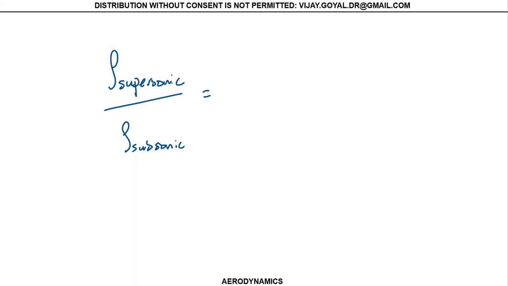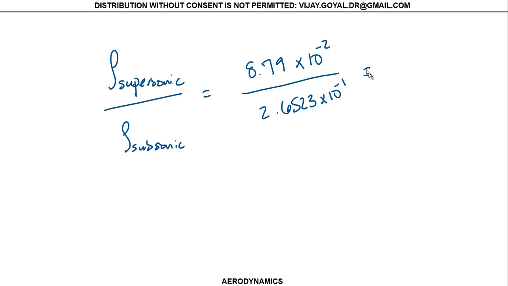For the case of subsonic, the density was 2.6523 × 10^-1, and supersonic was 8.79 × 10^-2, and that gives you a value of